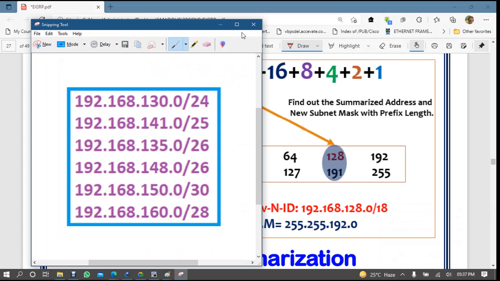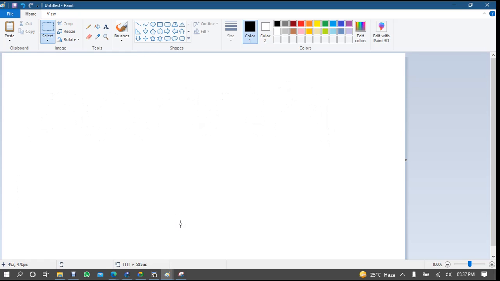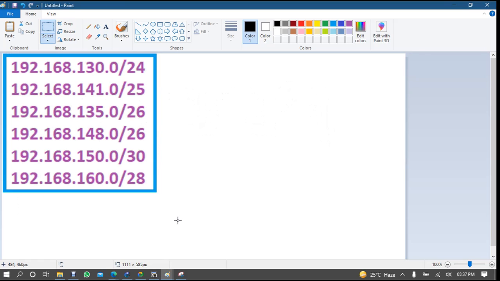I'll explain both processes, whichever helps you understand. Suppose I have all these networks in my routing table on my edge router, and I have to send them to my neighbor router, but I have to summarize them into a single network.